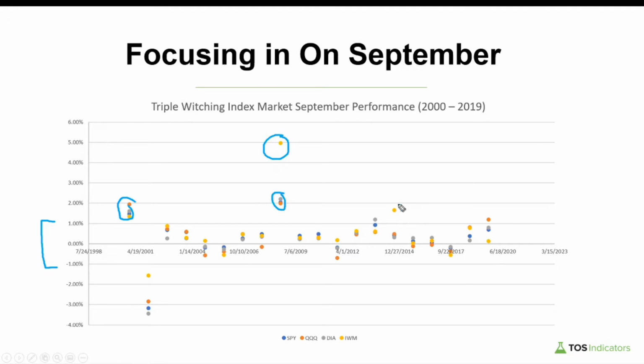Then outside of that, you have another outlier here, again, the Russell. And outside of that, we had negative outliers right here in the month of, I think this was 2001, which we'll talk about in just a second here, where you fell below that plus or minus 1% zone. Outside of that, however, everything else falls inside of this plus or minus 1% zone.